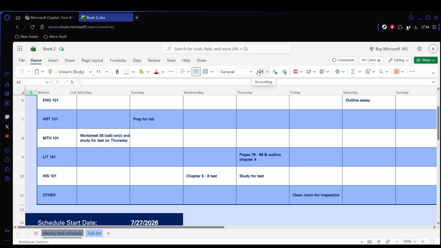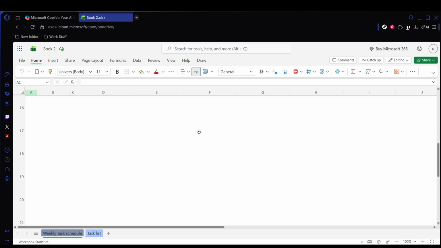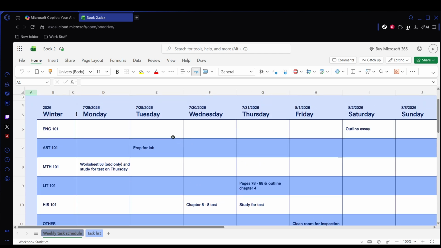Once the data is organized, ask Copilot to calculate totals, add conditional formatting rules, and automatically highlight high